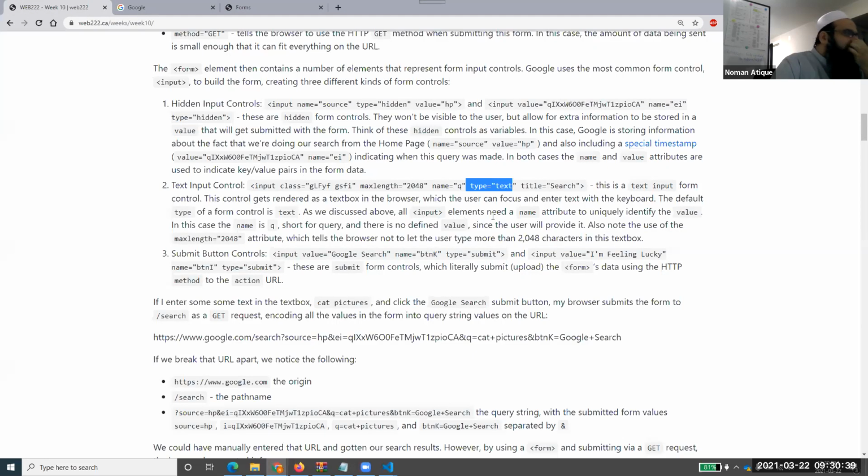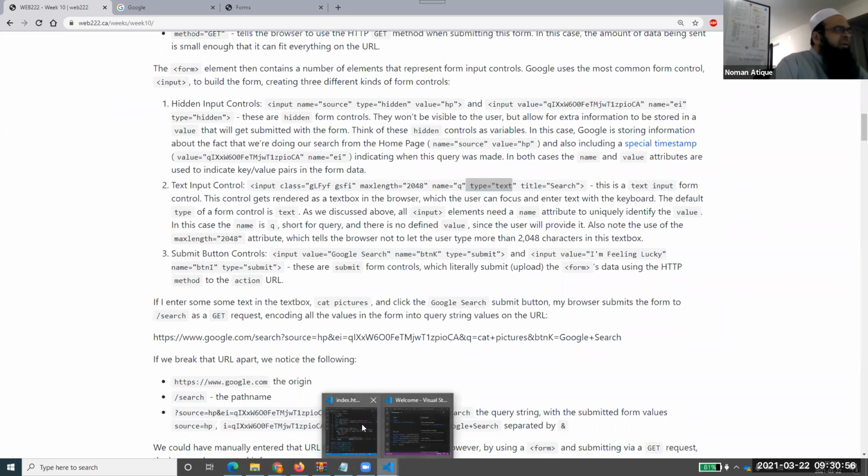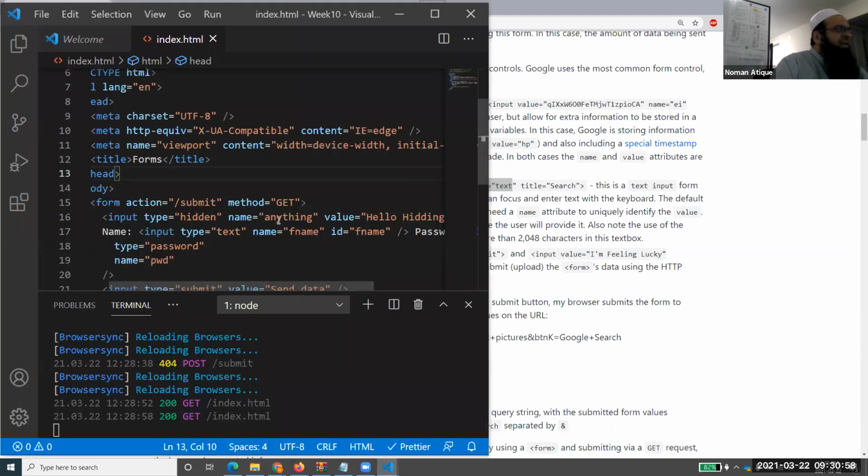So type is equal to text will generate a text box. As we discussed above, all input elements need a name attribute to uniquely identify the value. In this case, the name is q, short for query. There is no defined value, since the user will provide it. Also note the max length of 2048. So maxlength is another attribute. There are lots of attributes that we can use. And one very important and interesting attribute is required. If I just write down something called required over here,